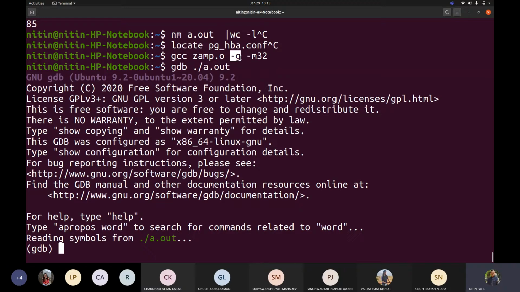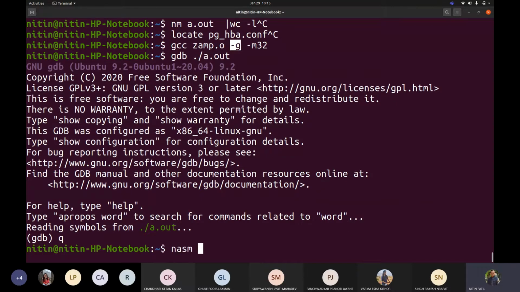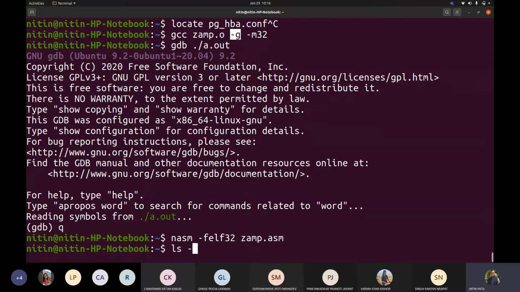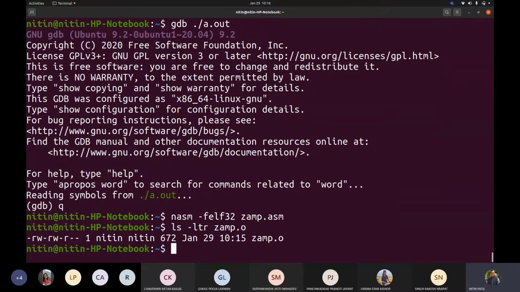Now how is this information passed when we write dash g for NASM even, for example? So if I say nasm dash f elf32, and we say XAMPP.asm. Now see the size, 672, okay.